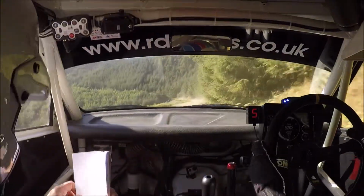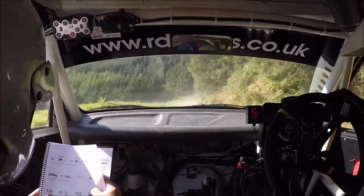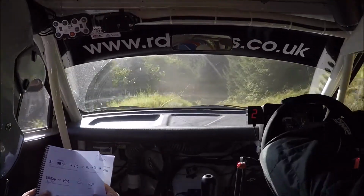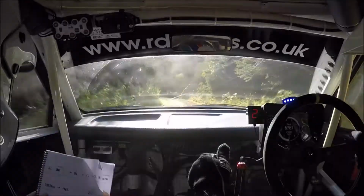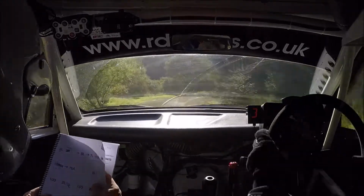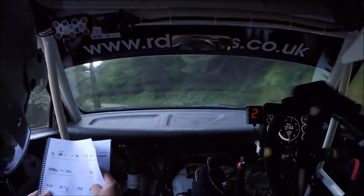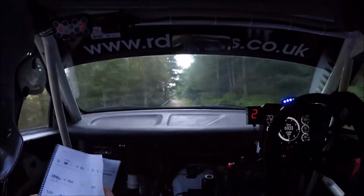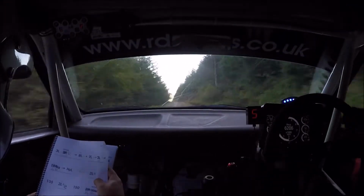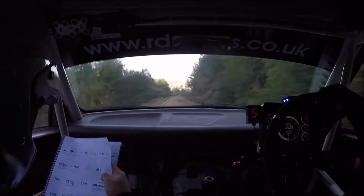100, to 3 left in, into 5 right in late, into 8 left tight, into 7 left, into 3 left in, into long 8 right, into hairpin left. Then 2 left 100, 2 left over crest 150, a very long 5 right tightens in dip,